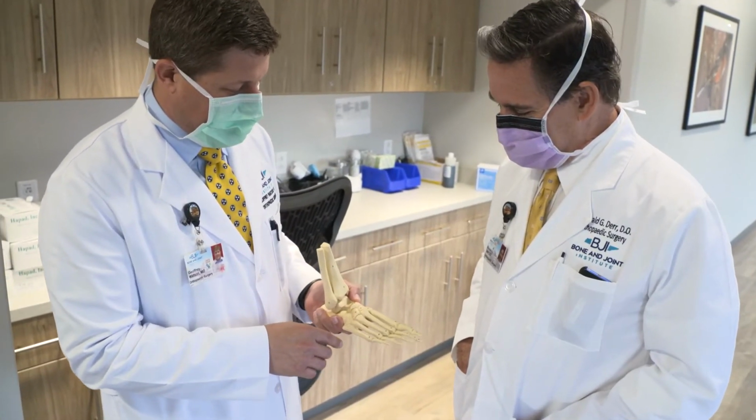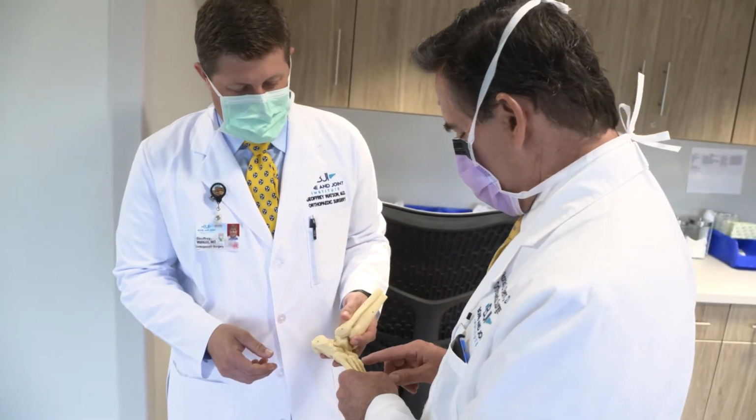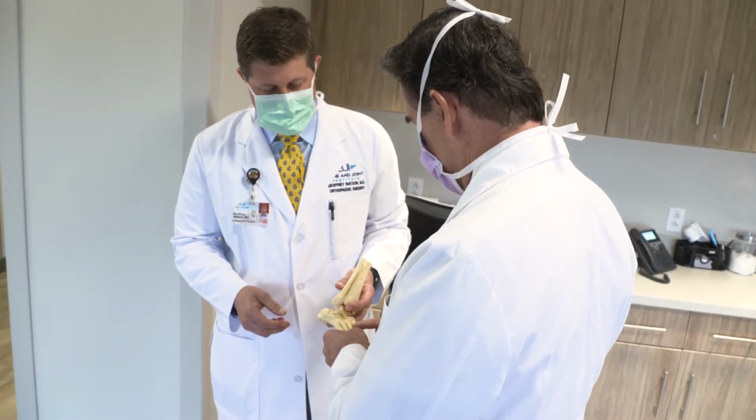The beauty of having two foot and ankle surgeons in the same group is there's a huge amount of comfort in picking the other person's brain, and it's such a rewarding experience to be able to offer information or to ask for information. It's excellent to have somebody, I would say gray hair, but I think I've got more gray